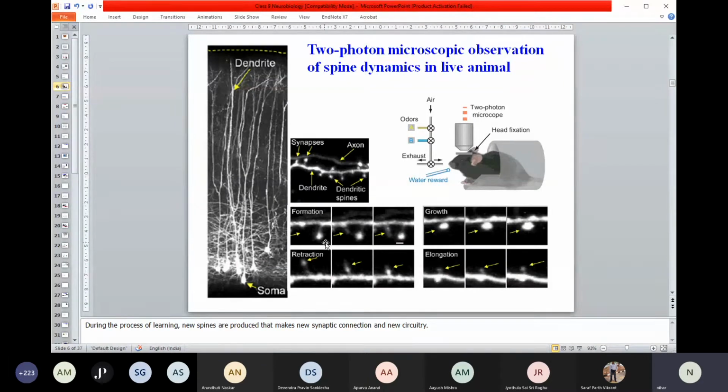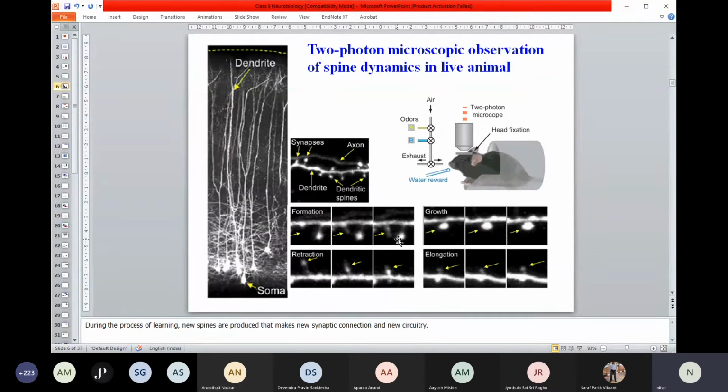So for a specific task, you make not only a stable synapse, at the same time you make a stable circuit for that specific task or for that specific memory. That's how we are able to store. So you can think that we are able to store any memory in the form of a new synapse, or in the form of a new circuit. Okay, I hope that's clear, at least the basic aspect, very clear.